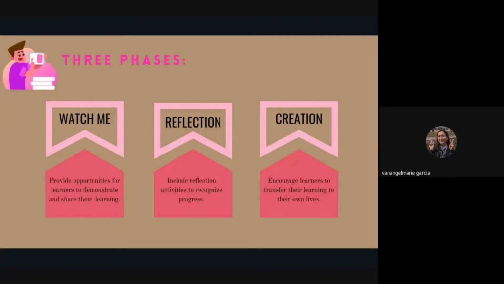Include reflection activities to recognize progress. So in doing the reflection activities, the learner must include how their knowledge helped them solve their everyday life problems. And in creation,